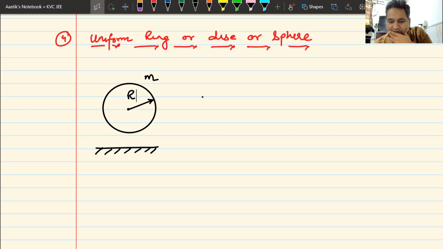Okay. You are into rotation, so you must have heard about sphere. You must have heard about solid sphere and hollow sphere. Remember, a sphere is always solid. It is never hollow. So when I say sphere, it is a solid sphere. When I say cylinder, it is a solid cylinder. When I say cone, it is a solid cone. If it is hollow from inside, I will tell you it is a hollow sphere. Instead of calling it hollow sphere, I don't like hollowness in my life, I will call it spherical shell.